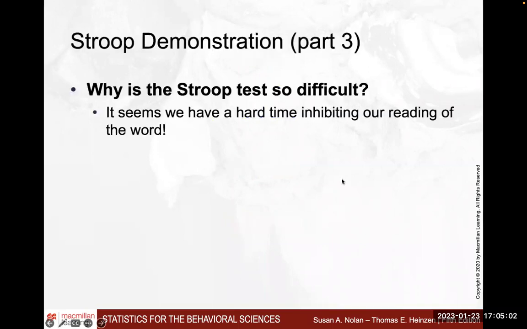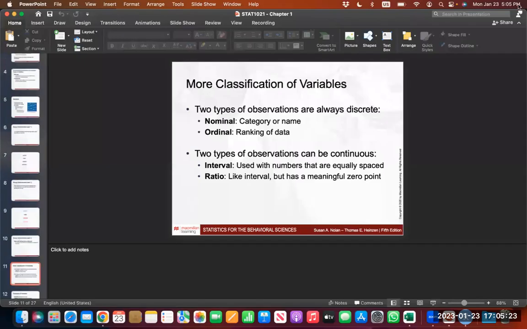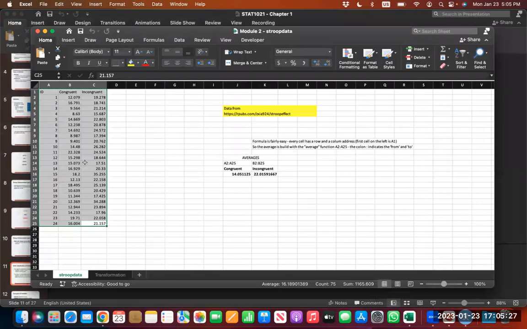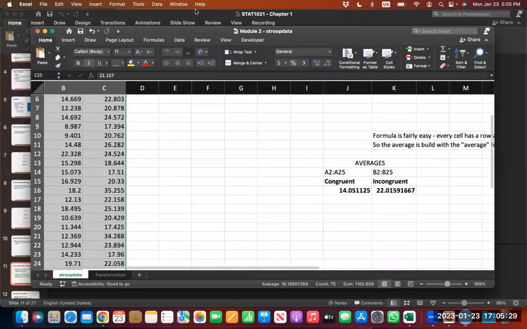And so now I'm trying to get out of here. And this is what the Stroop test does. The Stroop test is basically, you show that to somebody unprepared, and you measure the time it takes in a congruent setting, and then in a second setting where it's incongruent. And as soon as I get out of here, this is basically what the Excel spreadsheet shows. So we have here on the Excel spreadsheet,